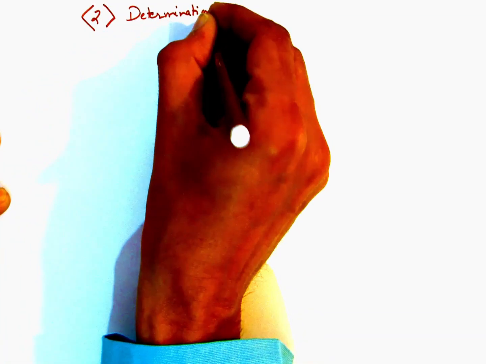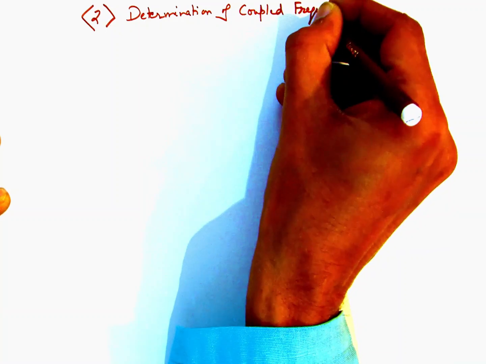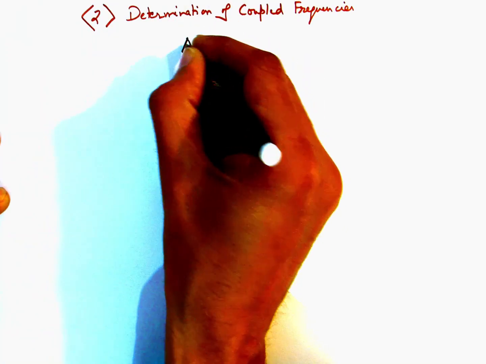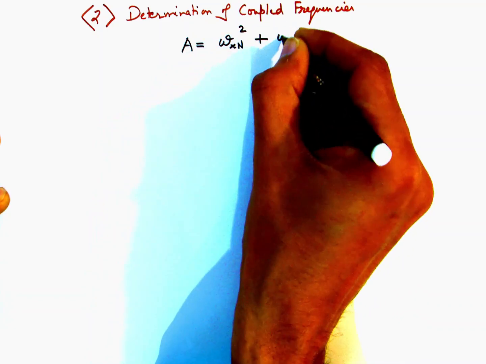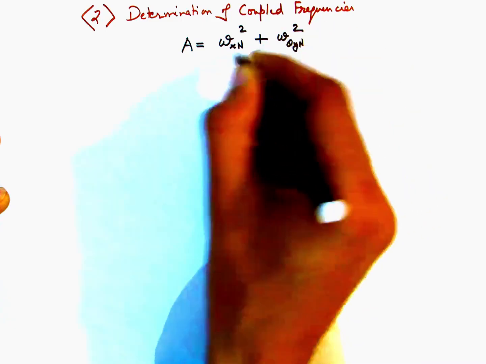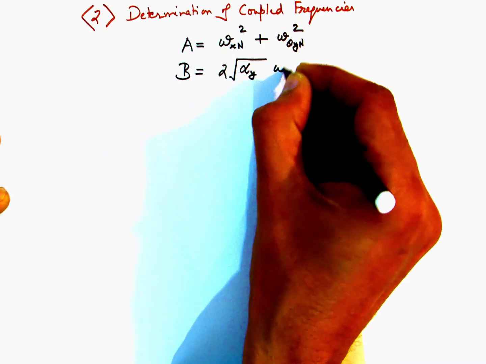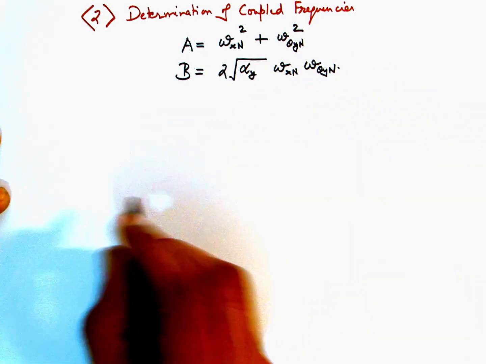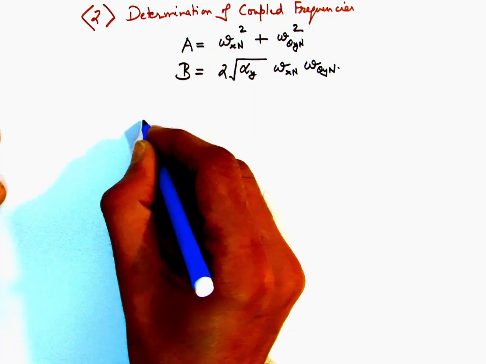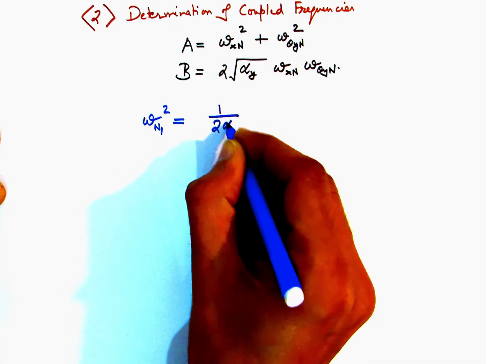Now the next step is that we determine the final coupled natural frequencies. So the computational procedure is as follows: we define two variables a and b first. The variable a is basically the sum of squares of the two limiting frequencies, and the term b is 2 under root alpha y multiplied by the two limiting frequencies again. So once we have determined the constants a and b, the coupled frequencies can be expressed as shown